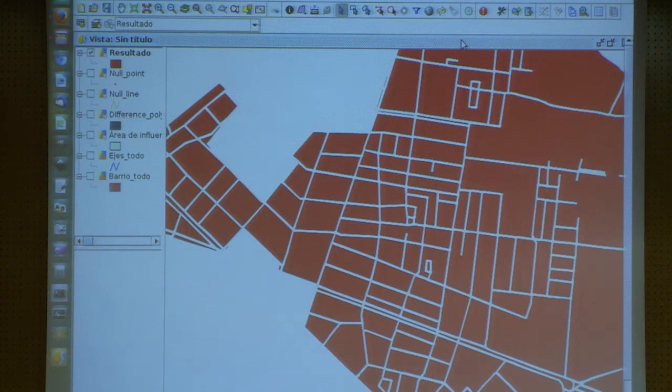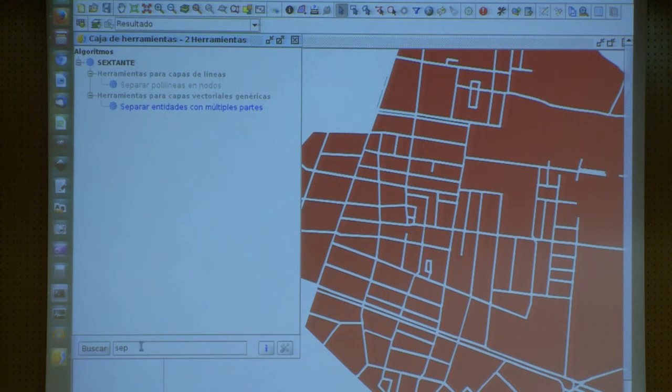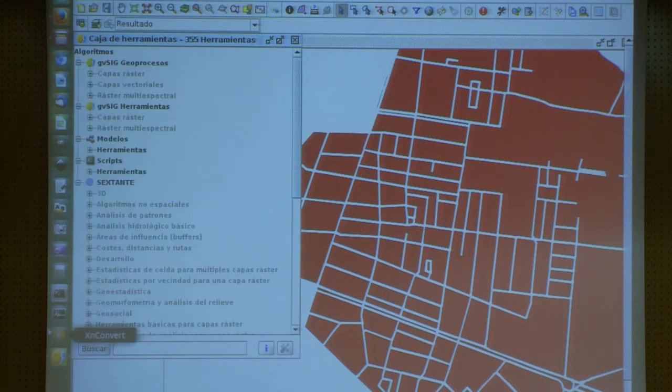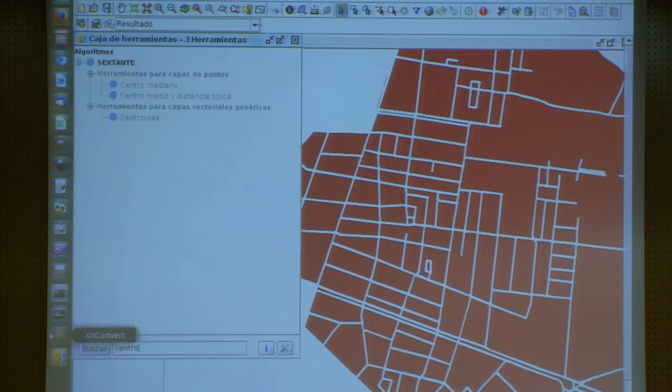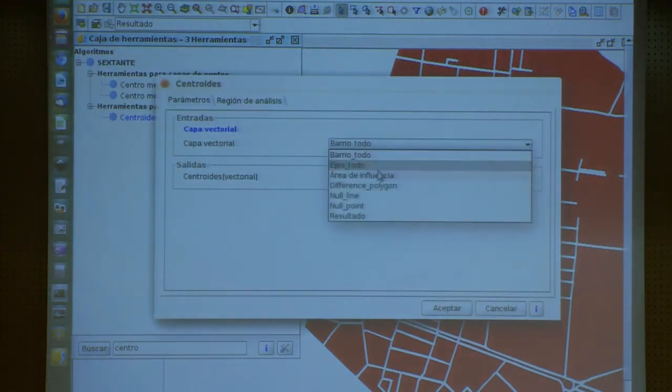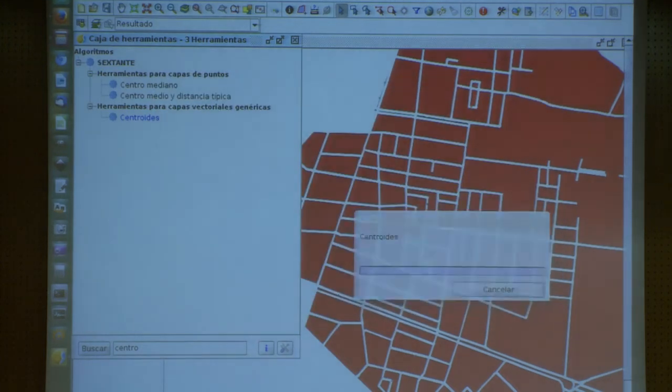First of all, if we know how we have obtained the layers, where would you go to find the centroid? Very good, to the toolbox. Whenever we need to do a process, where are we going to go? To the toolbox, of course. What do we want to do? A centroid. We have a geoprocess to obtain the centroid. We are going to run it, and the layer is called result, the last one. We accept it,